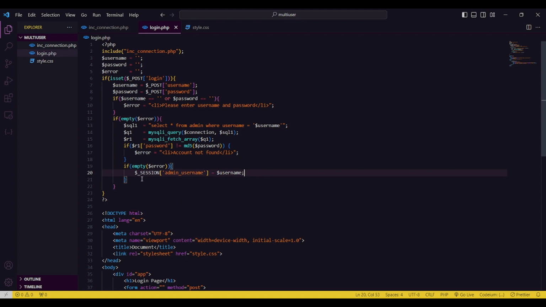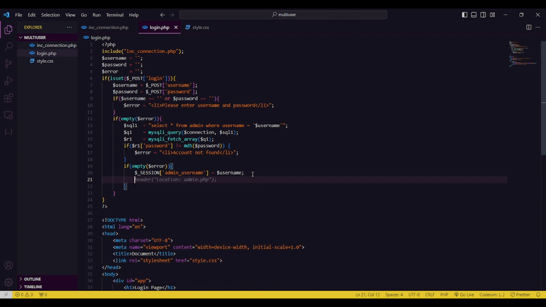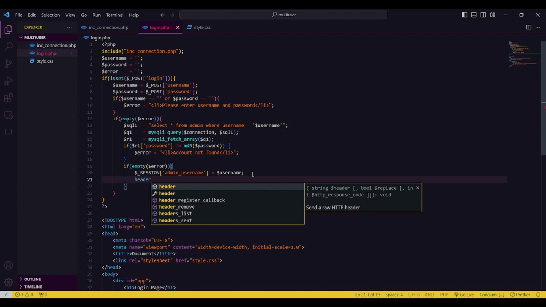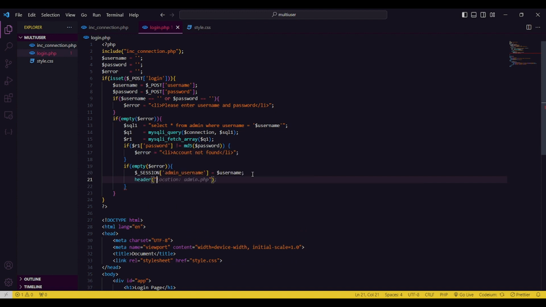If the login is successful like this, then we will redirect to another page. Later we will create a new file called, for example, front admin. We type here, we give enter first, and then we give header, like this, in double quotes, Location,